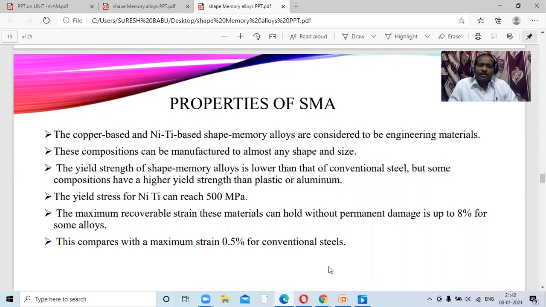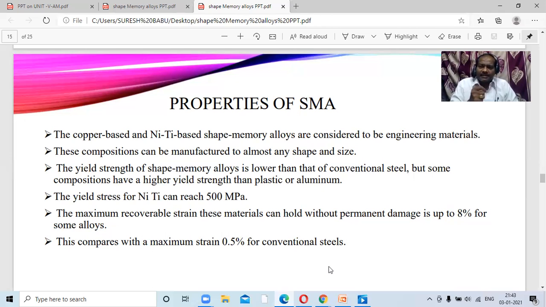The yield strength of shape memory alloys is lower than the conventional steel. So the yield strength of the shape memory alloy is lower than the conventional steel, but some compositions have a higher yield strength than plastic or aluminum. So it is saying that the yield strength of the steel is very high. What is the yield strength? First of all,